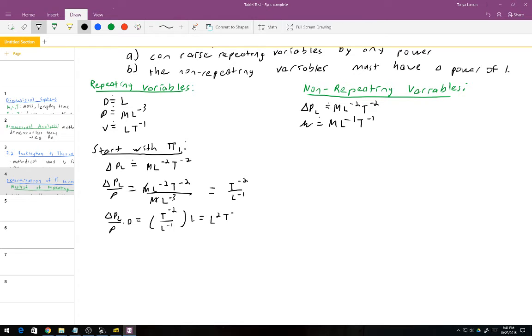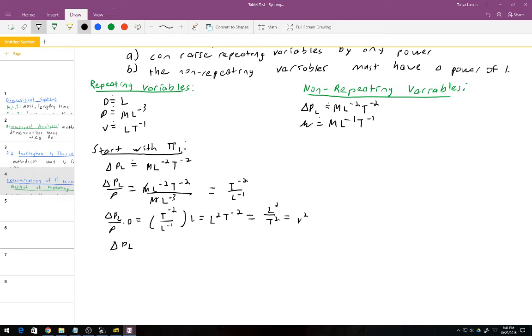Oh no, we haven't done anything, right? We've actually got it more complicated. Or have we? Let's think about this. This is L squared over T squared. Well, that's just equal to V squared. This has the same dimensions as V squared. So basically I could say